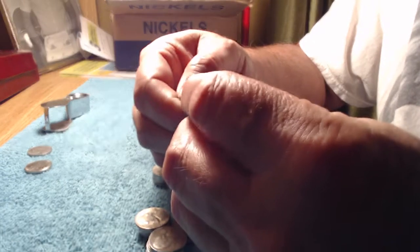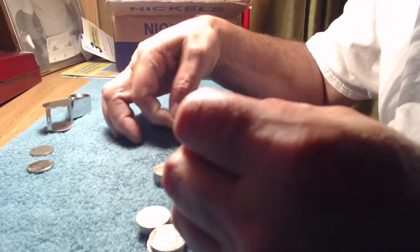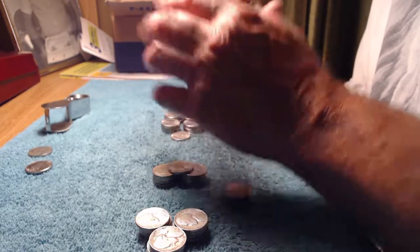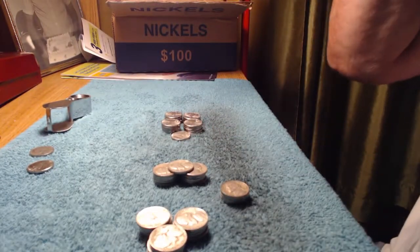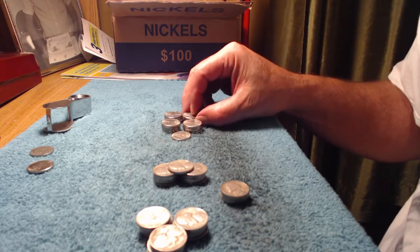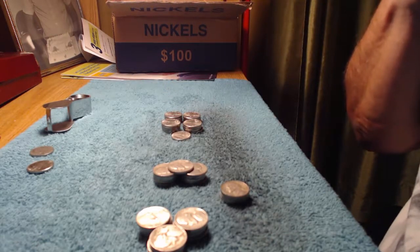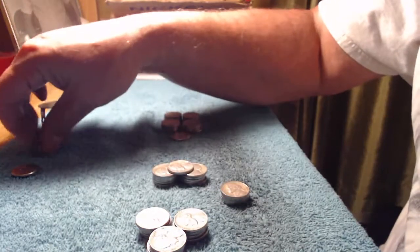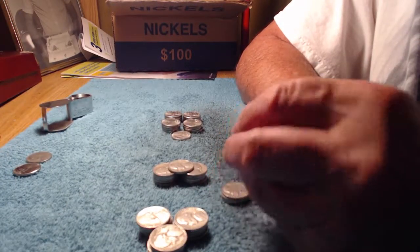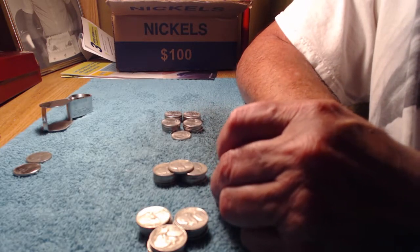Now, I found one tonight that I could not find any information on at all. I don't think it's been recognized yet, but I found one in the 2012 Philadelphia. This camera, the 920C, doesn't really get tight enough to show these die chips. So when I get the scope, I'll take some really good pictures, and I'll make a video on just these. But you know, the 1960 has a bar error on the 0. Actually, it's got 3 or 4, maybe even more than 4 variations of the die chip,